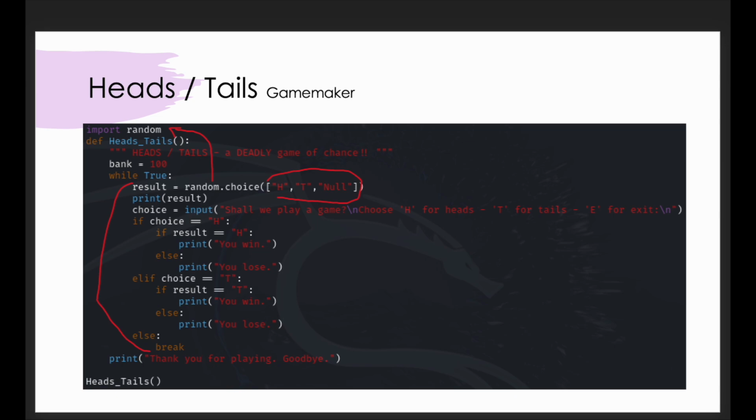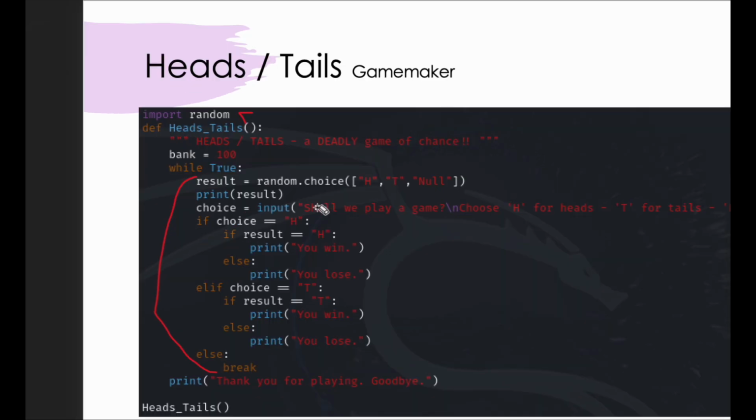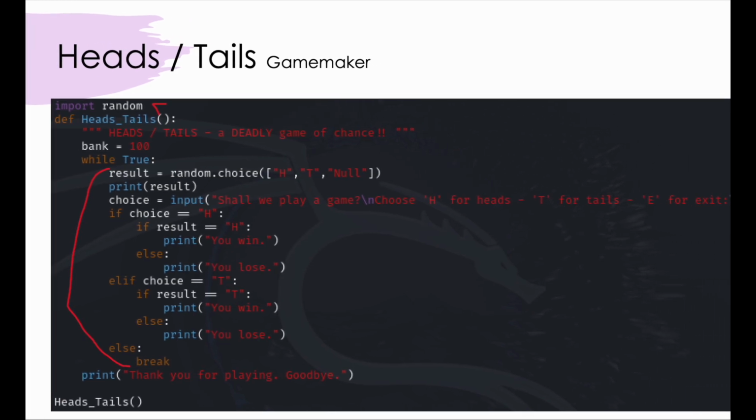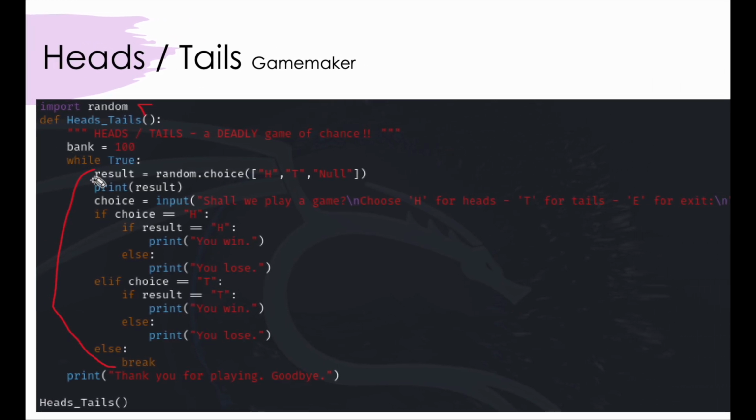And of course, I mentioned the while loop will repeat itself indefinitely in terms of this code block right here. It will repeat itself until we say break.